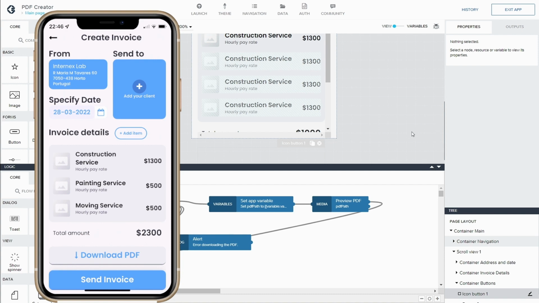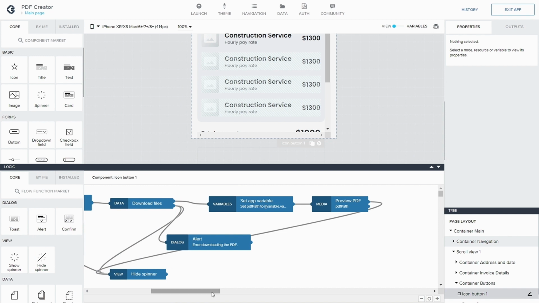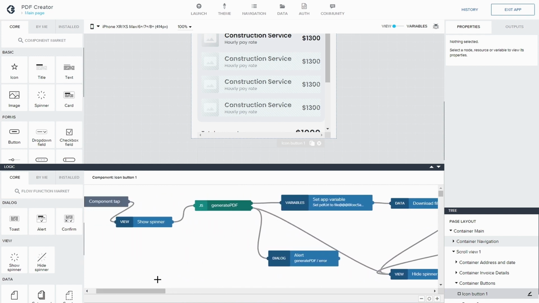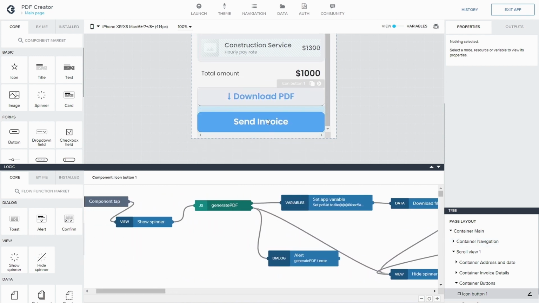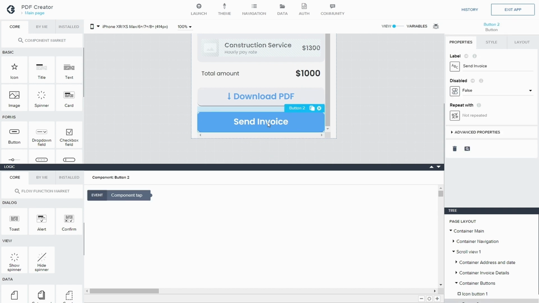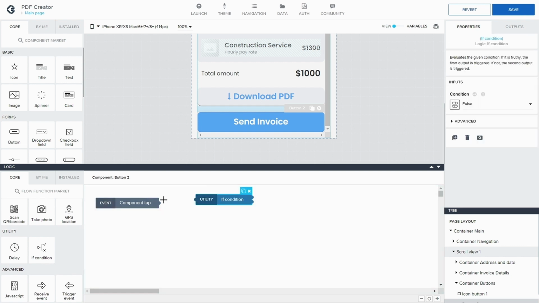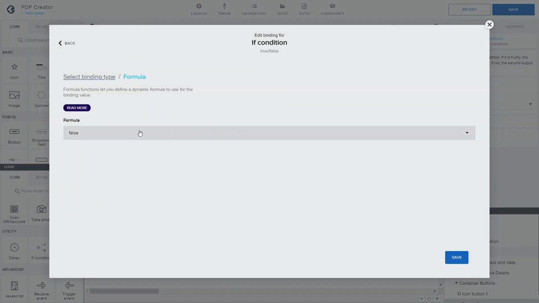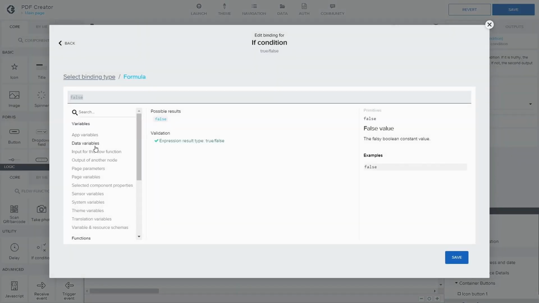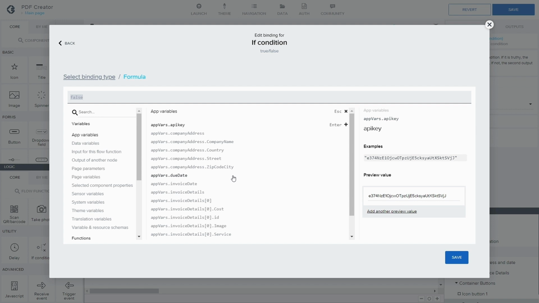So let's go back and build the last bit. I would like to send this invoice to somebody. So how do we do that? This unique link. So let's first use an if function. We just want to make sure, we want to check. We go in here, function. We want to check if the app variable of the URL, this one here,